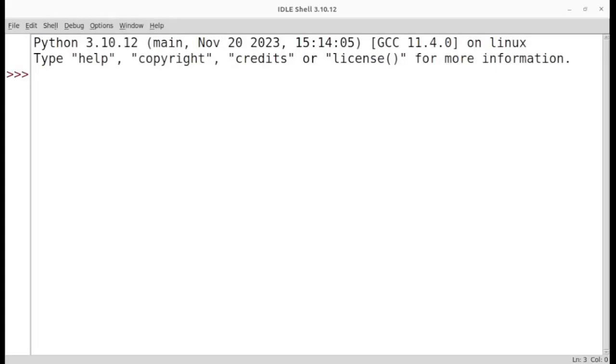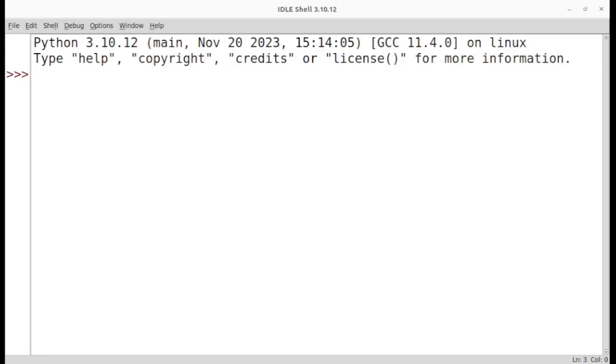So today we will first write a small program without using variables and then write the same program but this time with using variables. Then we can compare and understand what variables are and why they are important. So let's get started. So this is IDLE and you can use any other IDE that you are familiar with